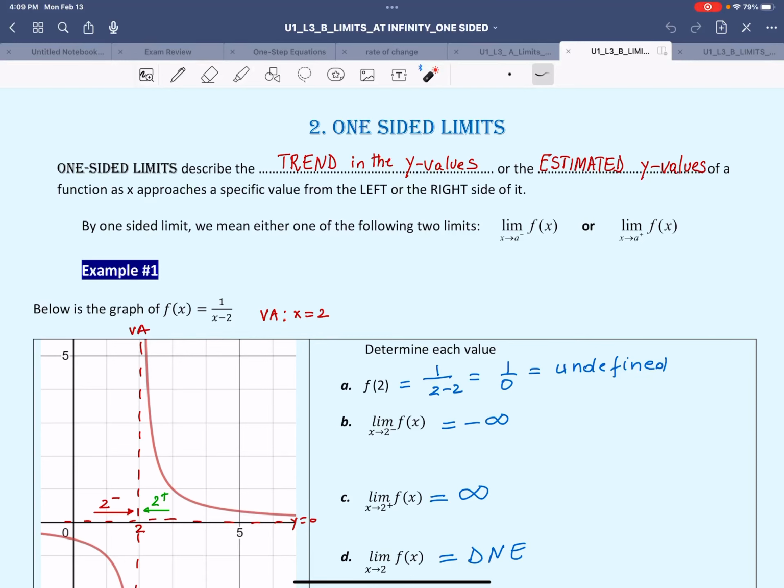We'll continue with the lesson on limits, and more specifically, we are exploring one-sided limits. Recall that one-sided limits describe the trend in the y values, or the estimated y values of a function, as x approaches a specific value from either the left or right side of it. So by one-sided limit, we mean either the limit of f of x as x approaches a number a from the left side of it, or the limit of f of x as x approaches a from the right side